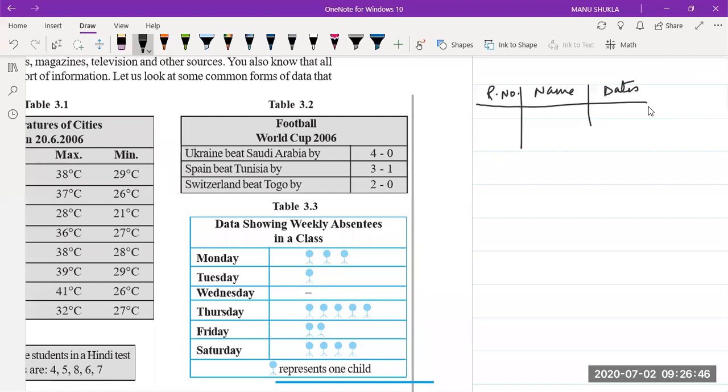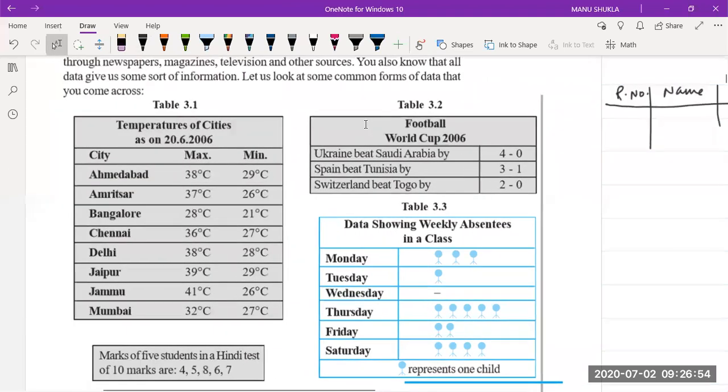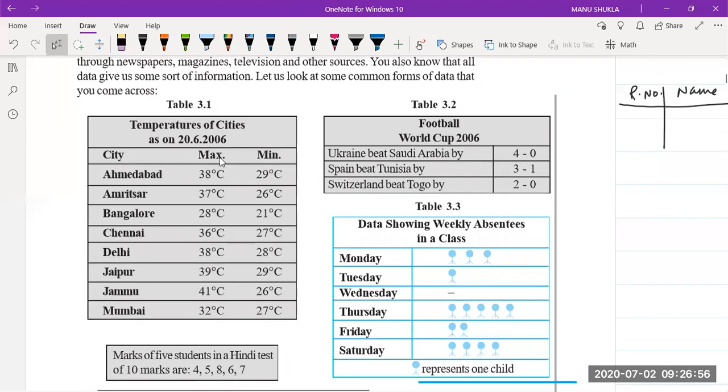So this way we can tabulate the information so that we can get the information very easily. Now you can see some examples also. In this case, you can see the temperature of cities. So we have different cities over here like Ahmedabad, Amritsar, Bangalore, Chennai, Delhi, Jaipur, Jammu and Mumbai. What we have done over here is we have written,